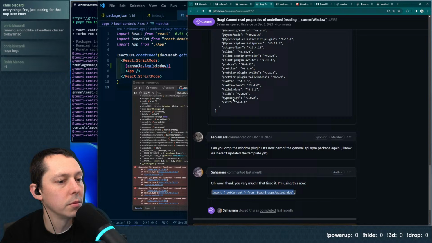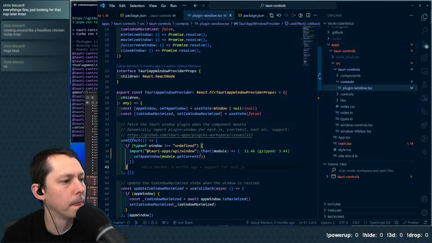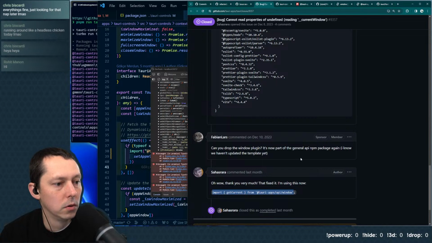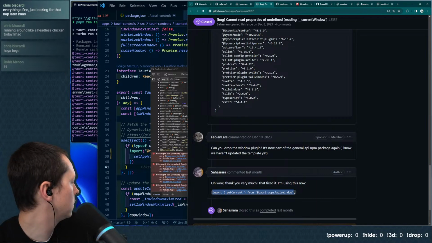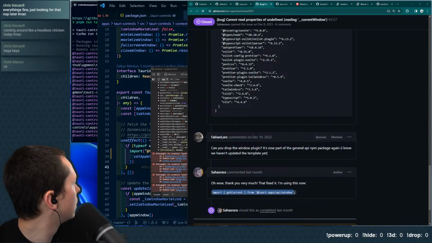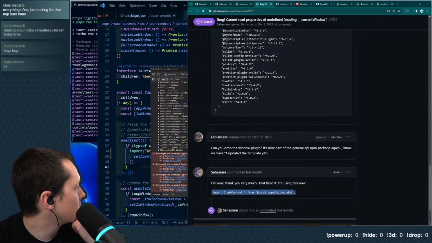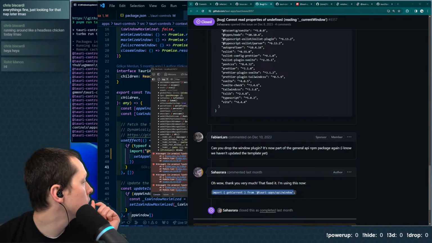And that Tauri apps API window. I think that's what it's using, isn't it? Tauri apps API window. Okay. Let me double check. I think I can, yeah, okay, great. I had stuff open and I didn't want to share it. So somebody had actually just mentioned that they were having issues in the latest with this plugin. I want to see, in the Tauri Discord to be clear,